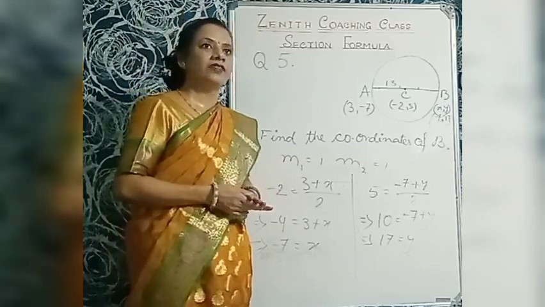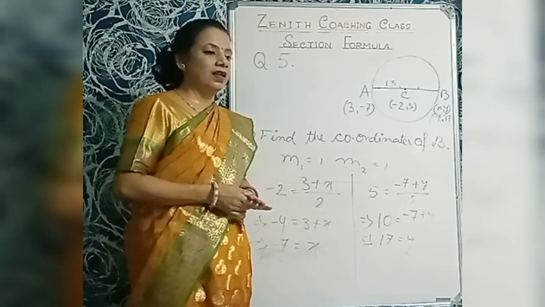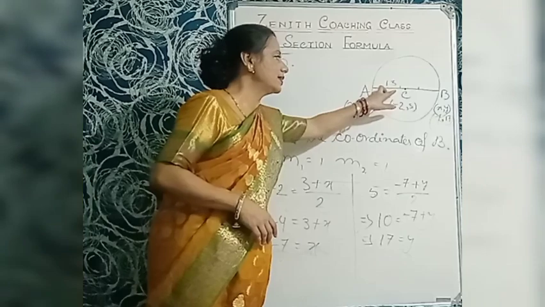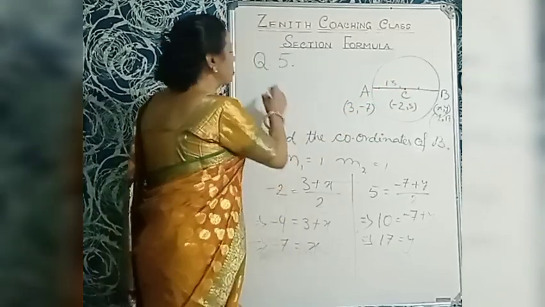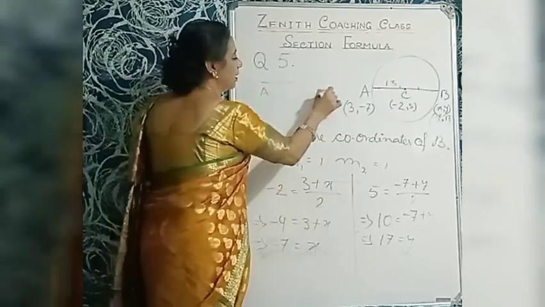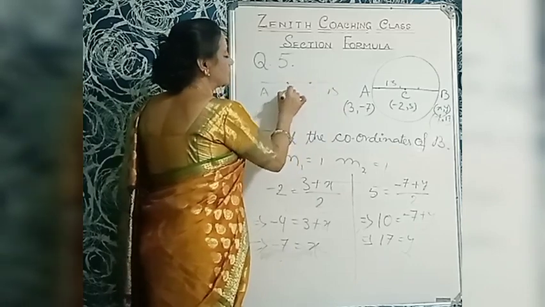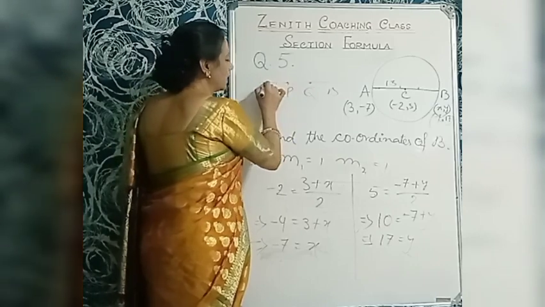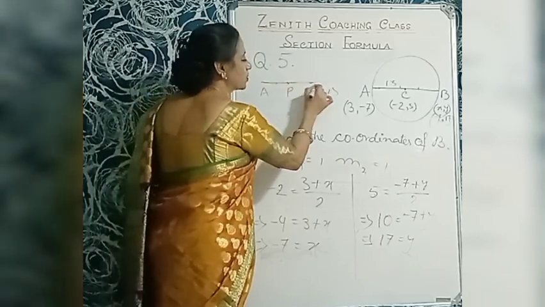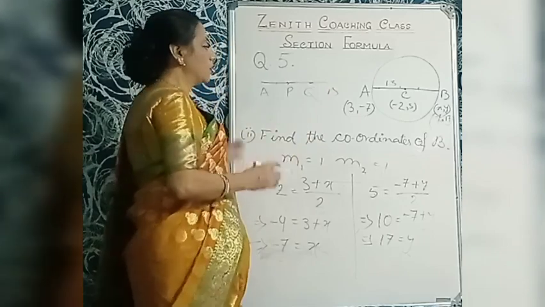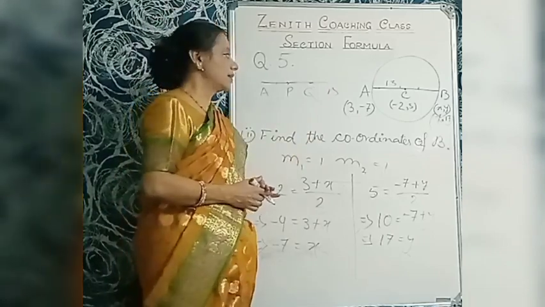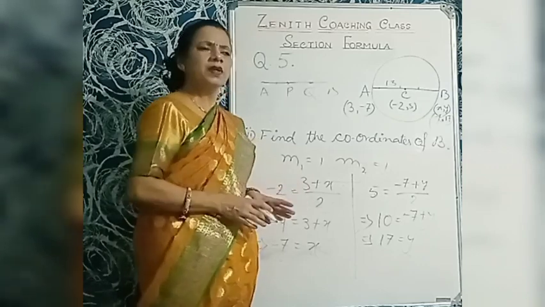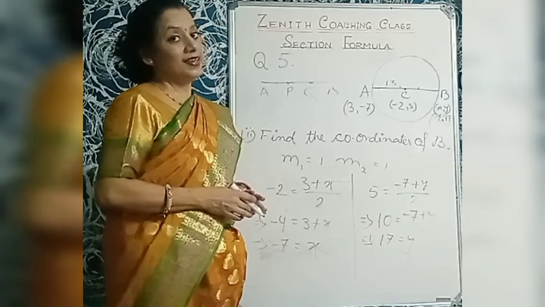You have to find out the centroid of a triangle. Then I just taught you bisection. Here are two parts, AC and BC, and AB here. Now trisection, here is P, here is Q. So trisection means AP equals PQ equals QR. You have to learn that sum also, and you have to find out the value of K and the constant term. Whatever it may be, I'll teach you in the next class.